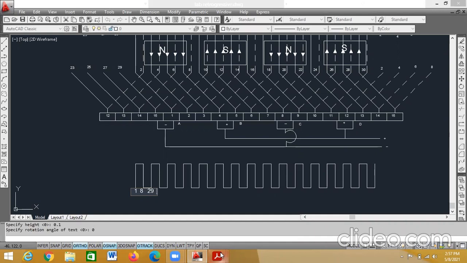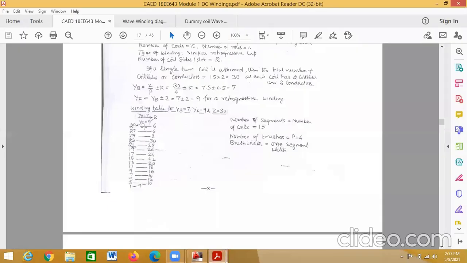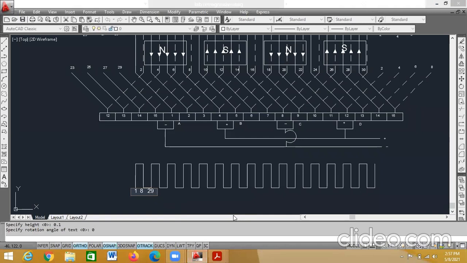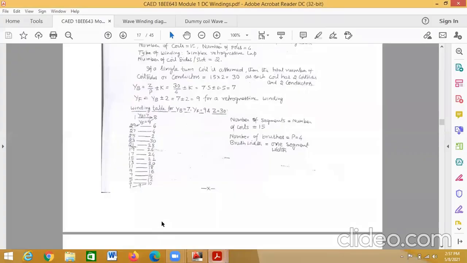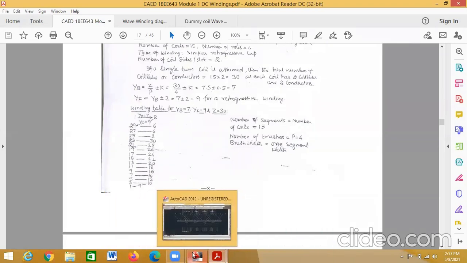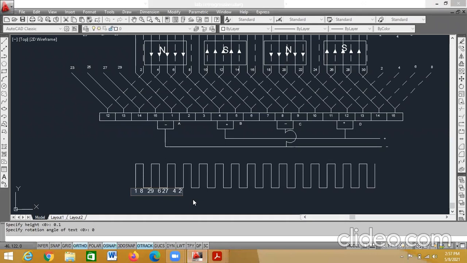You have to see this and do 6, 27, 4. 25 to 23. After 23, it is 30.